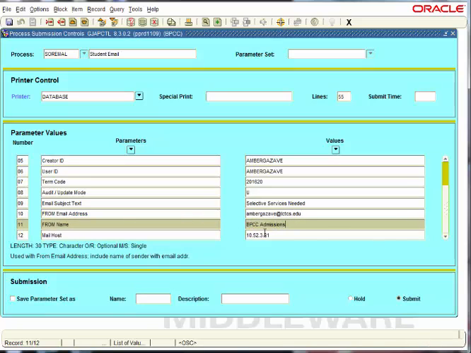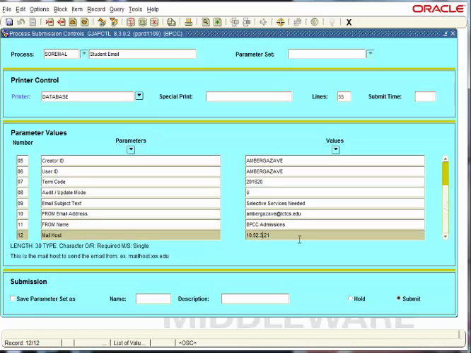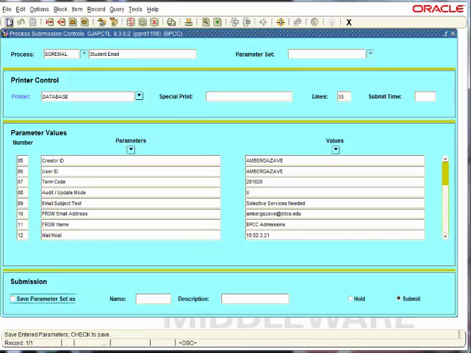And then this is the mail host code. Just note that's what it is. That's what you need to enter. That's the server that allows these emails to go out. And then you would perform a next block, and you would save. Now, I'm not going to save because I don't want to send this email out for BIPSY. I want them to do it themselves. But if I hit save, those emails would then go out to the student. So those 7 students would get the email saying they need to register with Selective Service.